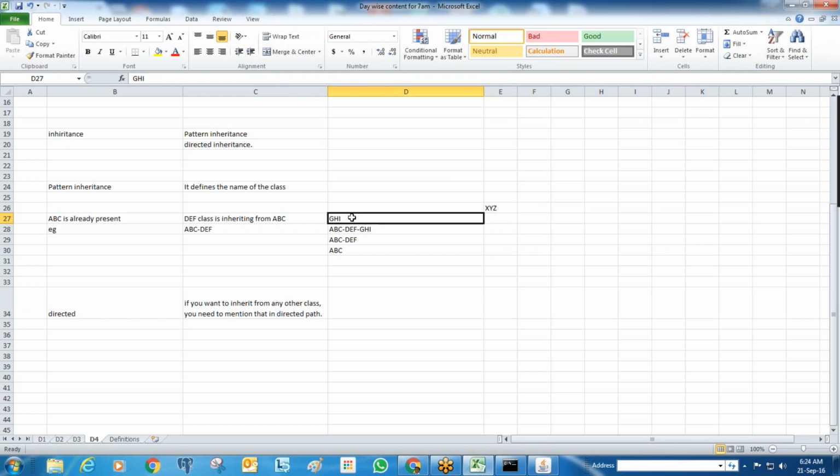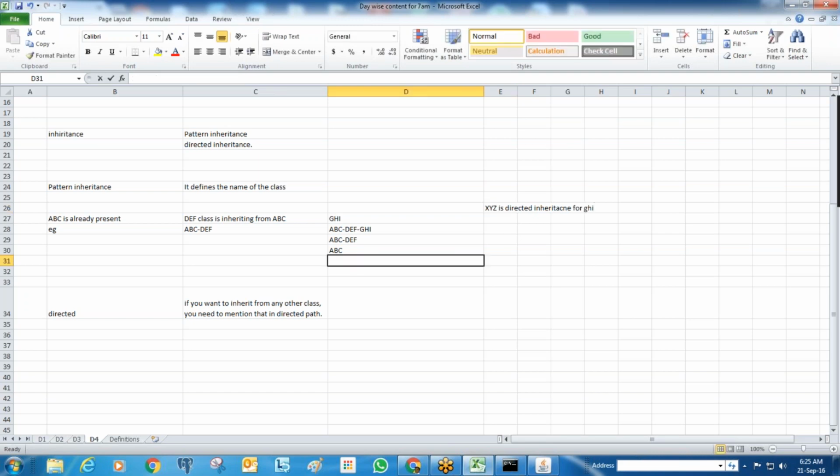So while creating the class, there will be a field to mention the directed inheritance class. There I will mention XYZ as a directed inheritance class for GHI.